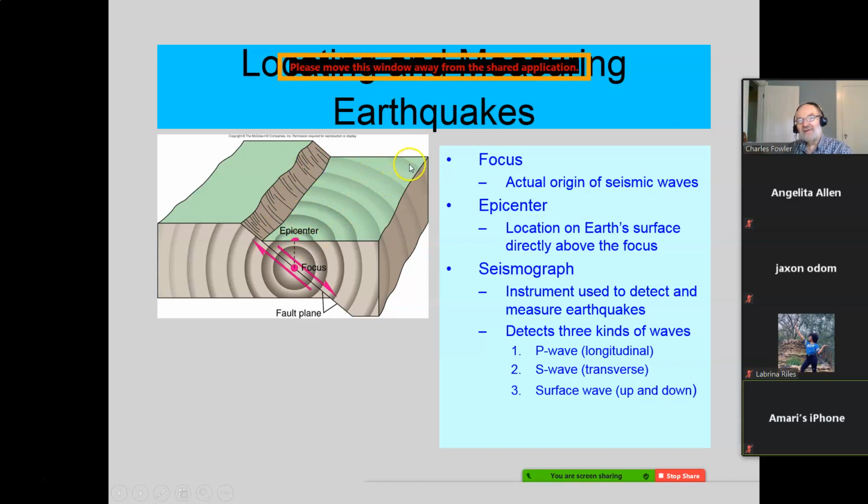They get there last. Okay, these are up and down waves. This is what you feel. Okay, unless you're way underground, then you would feel one of those other waves. Okay, now